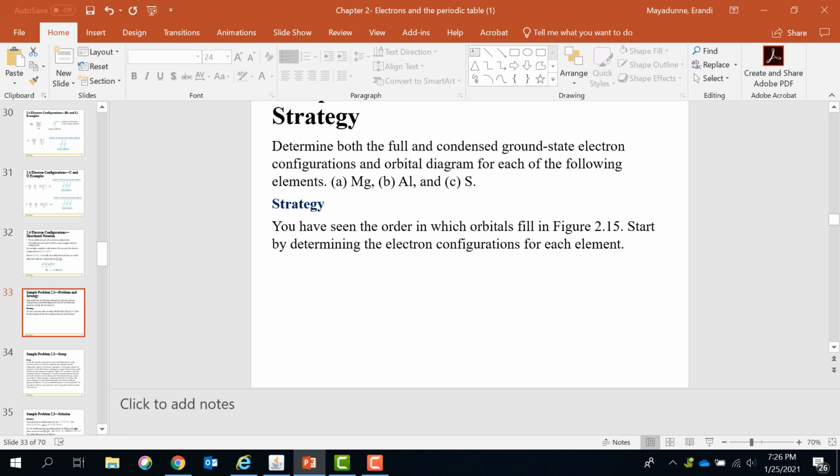So let me take a new sheet. So I have magnesium. How do I know how many electrons? You look at the periodic table. The periodic table gives the number of protons. But if the atom is neutral, the number of protons equals the number of electrons. So magnesium is 12. First, let's take magnesium and see how to write the electron configuration. You have to show how these 12 electrons in magnesium are arranged.